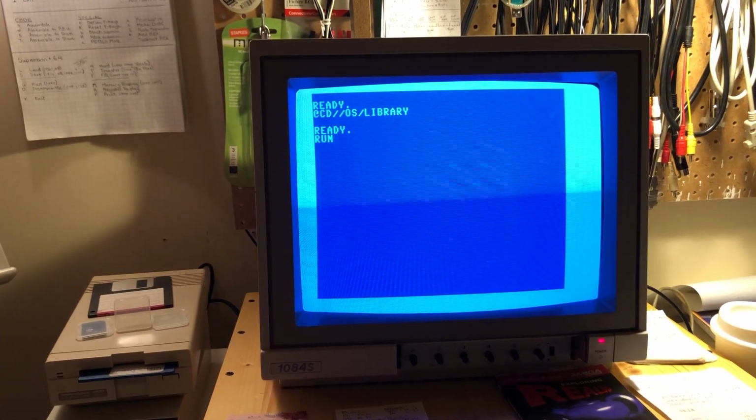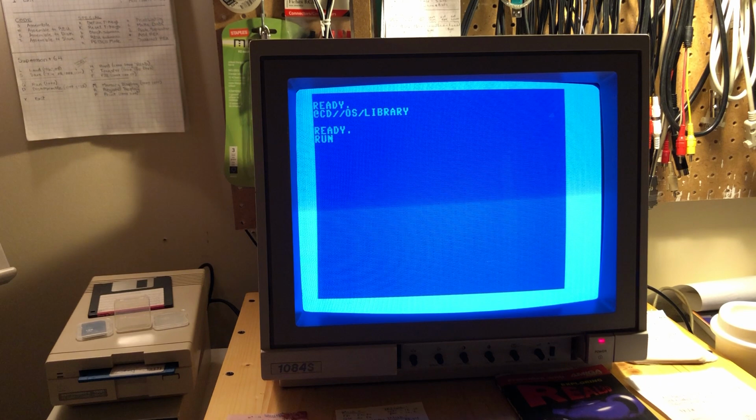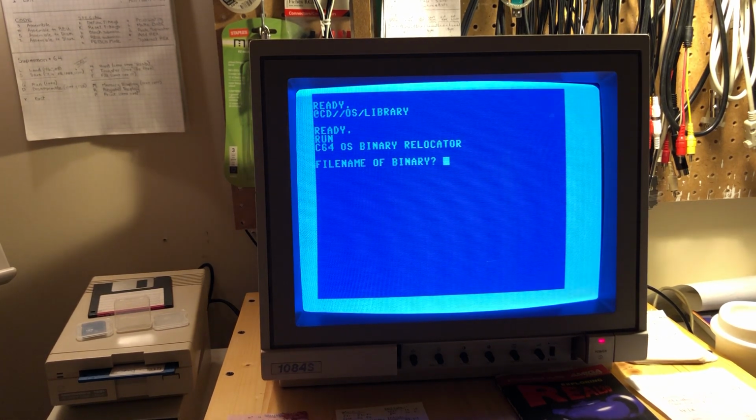So after I gave my demo for Commodore Users Europe, some people were curious about how I do the relocation. What I actually use is this utility that I've written myself in BASIC. I call it the C64 OS Binary Relocator, and I've just made some improvements to it, so I thought I'd